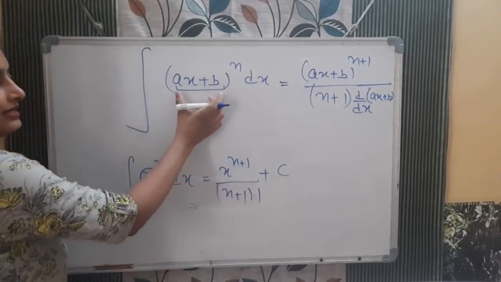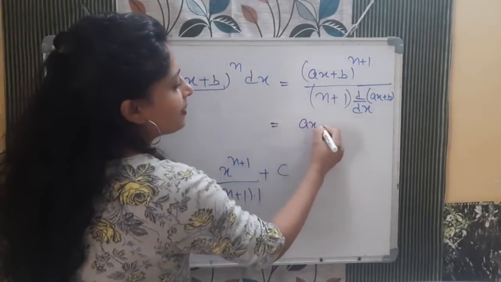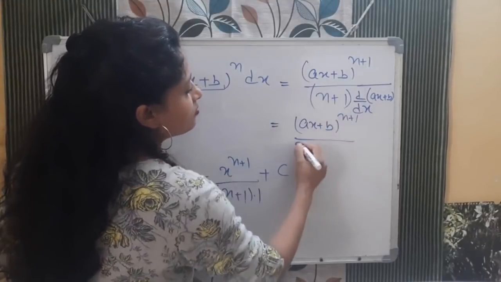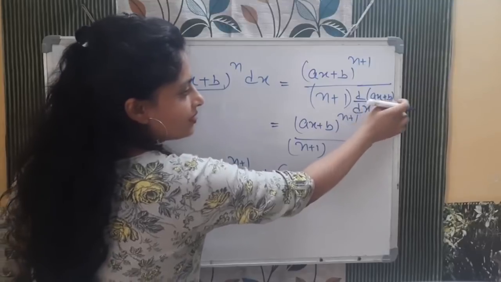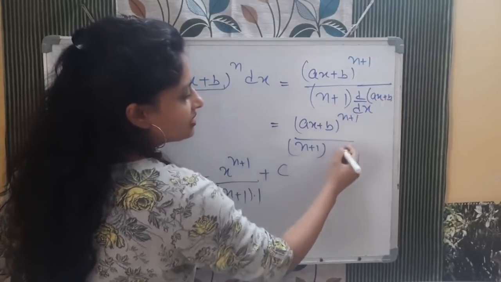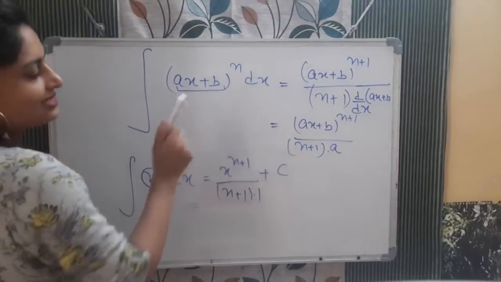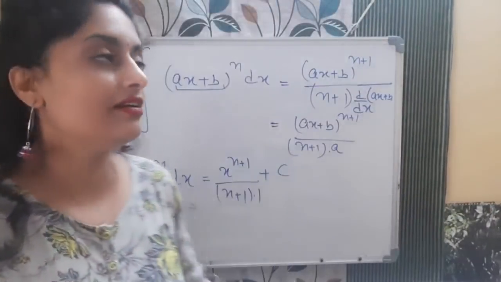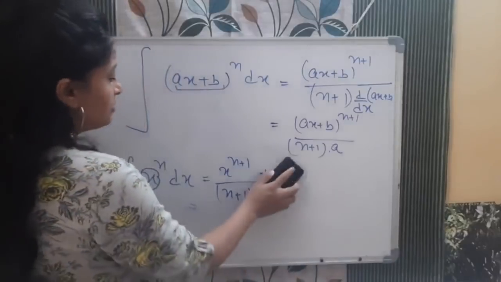But here in this function when we will differentiate this, what will be the result? Upper part will be same and plus 1. This lower part n plus 1 will be same. Now here when you will differentiate with respect to x, इसको x के साथ differentiate करोगे कितना बचेगा? सिर्फ a into a. So this will be the result of this kind of integration. Always remember when you will integrate, then integrate the function first and then whatever left inside, differentiate that and put it in denominator. So this is the formula.